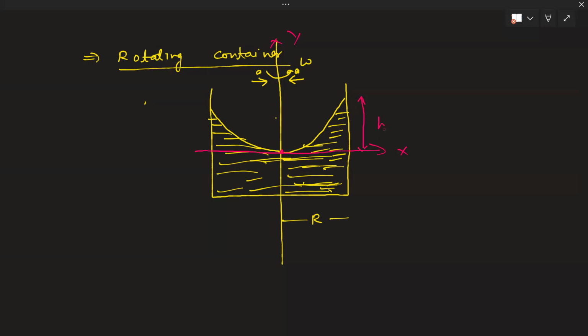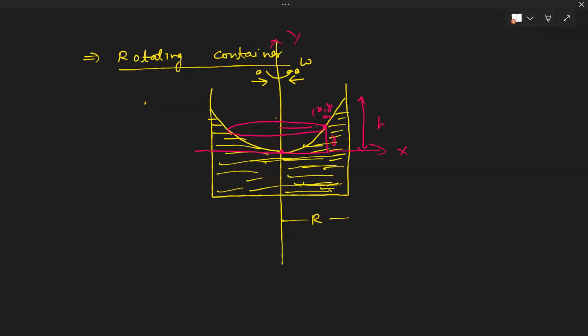To find the relation between h and r, because it is not a straight line but a curve, I'll take a point here, a small mass m, which rotates in this circle. I'll take its coordinate as x, y. That means its height here is y